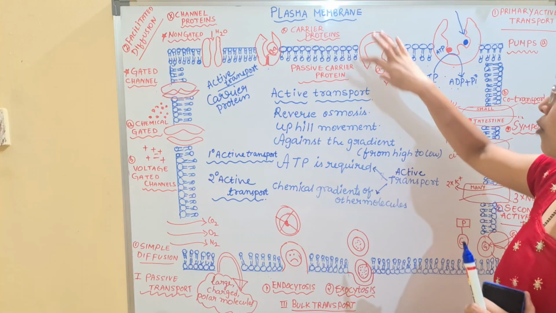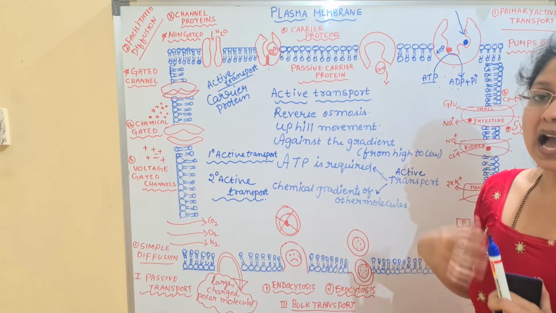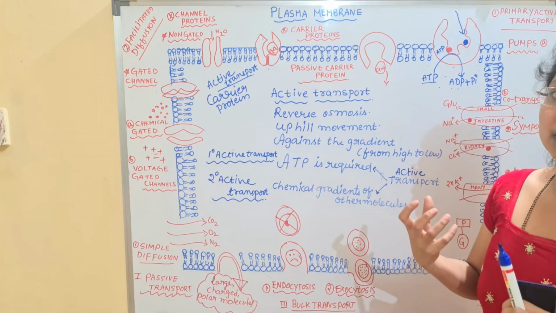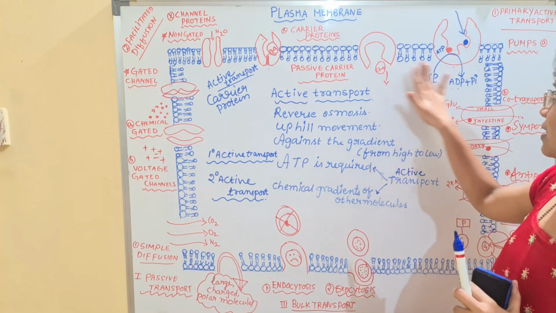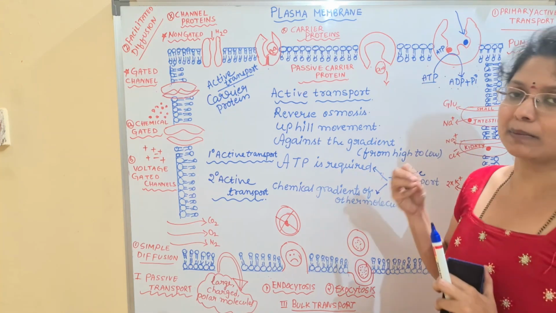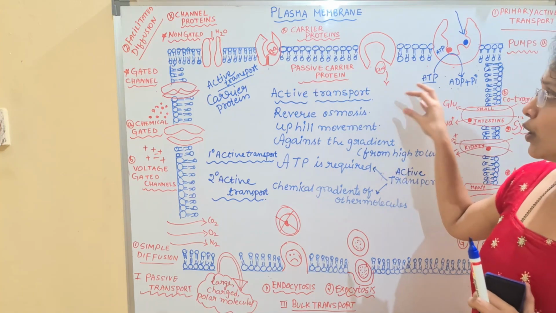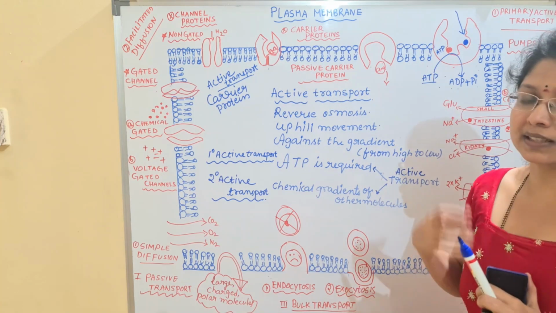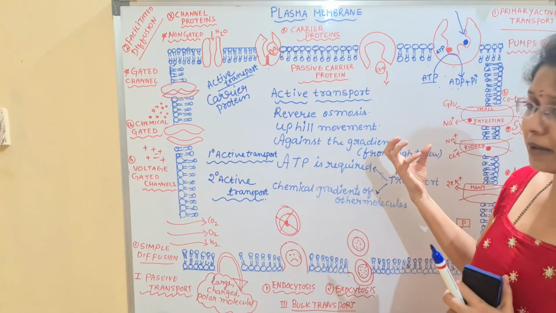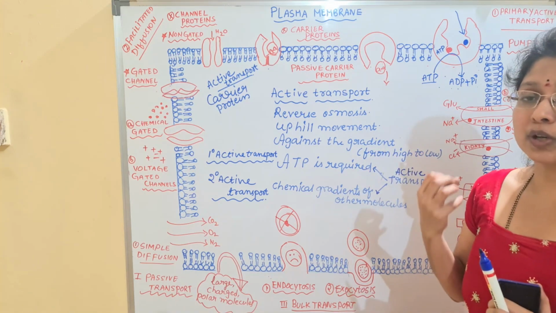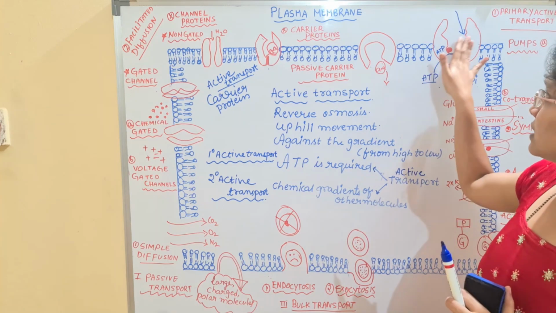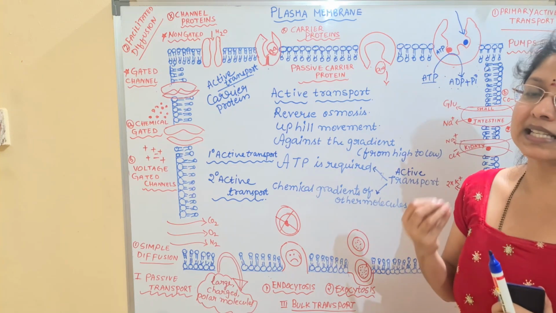It will be remodeling or reshaping itself, and it will revert back to its original state. This is how mainly this carrier protein will be working here. Everything is the same, the conformational changes, the site of attachments and the shape, but the thing you have to remember is that mainly they have different sites of attachment for substrates and also